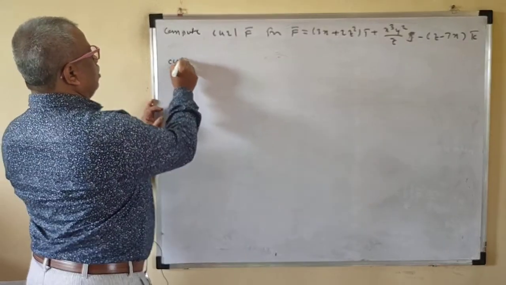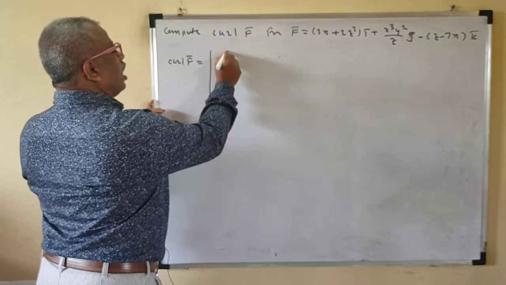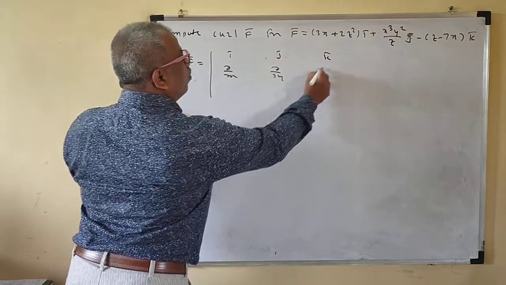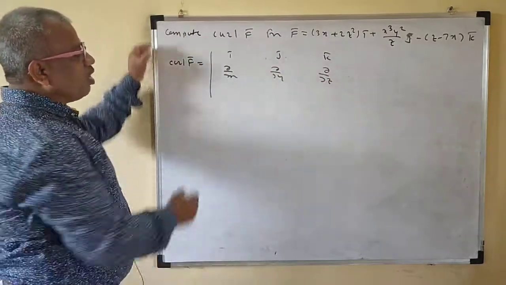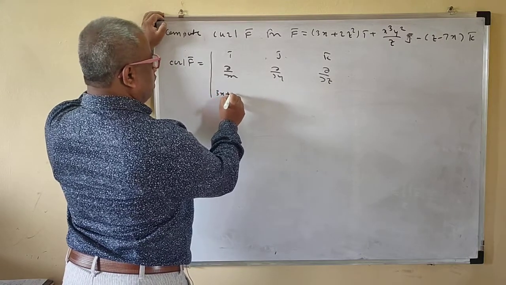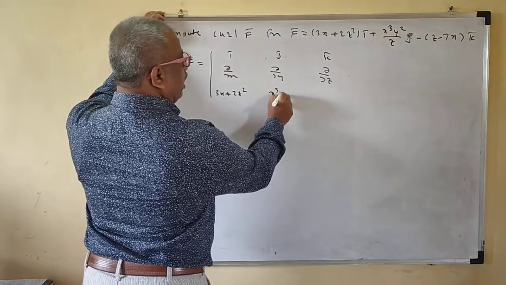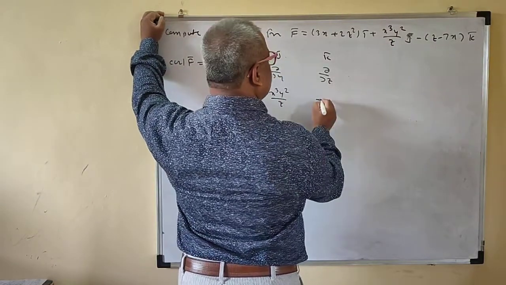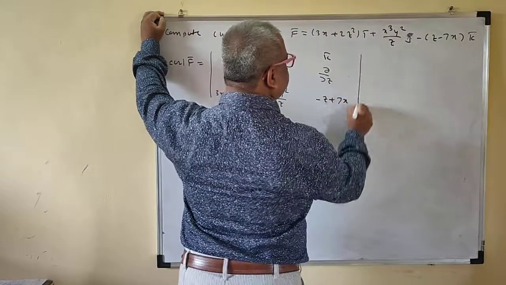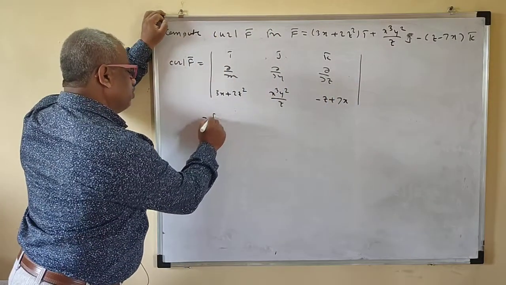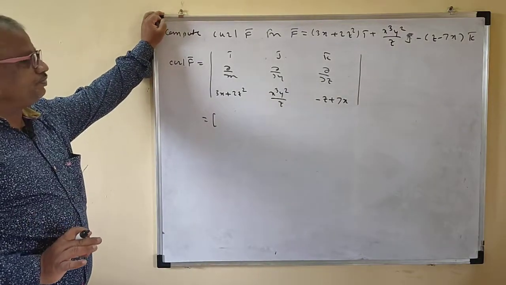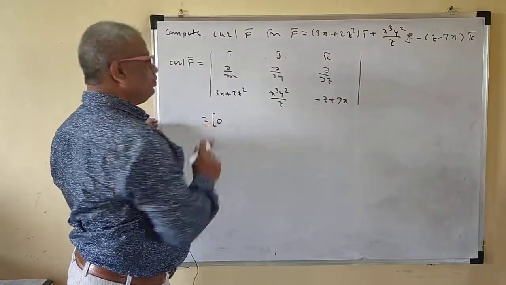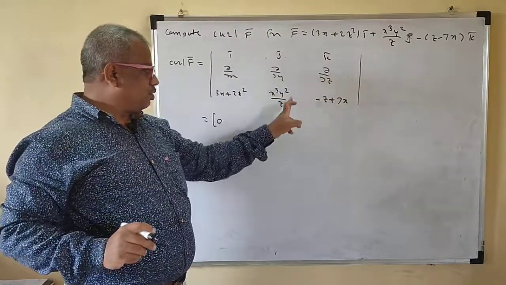Okay, so curl f bar. This is the determinant with i bar, j bar, k bar; ∂/∂x, ∂/∂y, ∂/∂z. Write all the components here: 3x plus 2z square, x cube y square upon z, and there is a minus, so interchange the sign of all, plus 7x. Now we'll find the first component. We'll directly differentiate; we have to drop this. The derivative of this with respect to y is 0. Derivative of this one with respect to z.